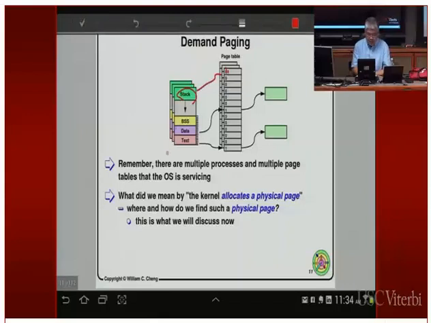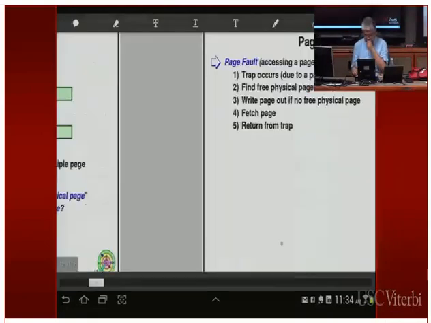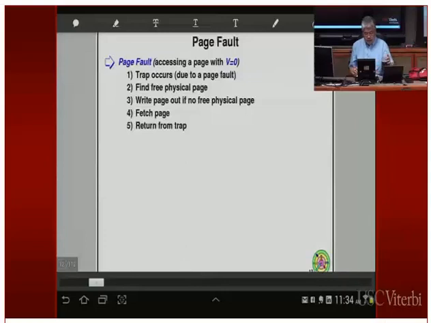Okay, and keep in mind that every user process has its own separate page table. So when you switch to a different user process, here's one user process, here's another user process, you have to make sure that the correct page table is being used. And on Intel, what you need to do is set the CR3 register to point to the right page table. Okay, on Intel it is the page directory table, but conceptually you're pointing to the page table. All right, so this sort of summarizes the steps.